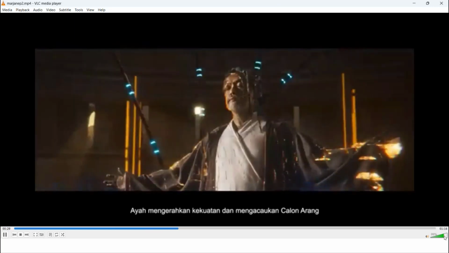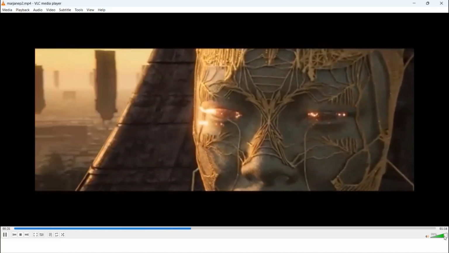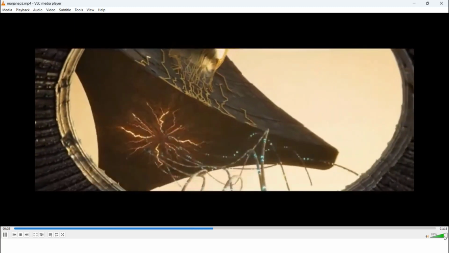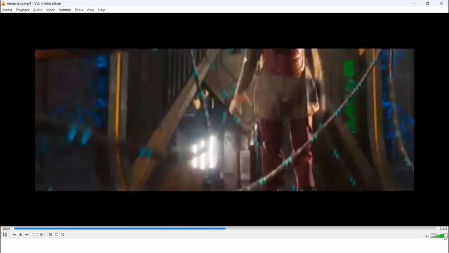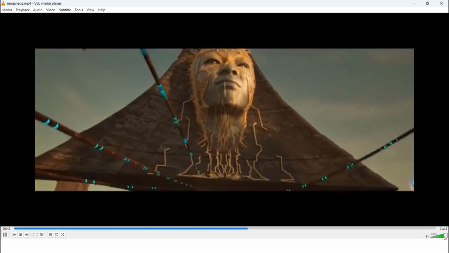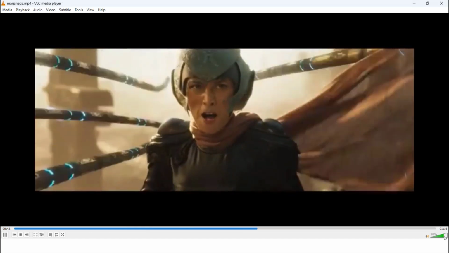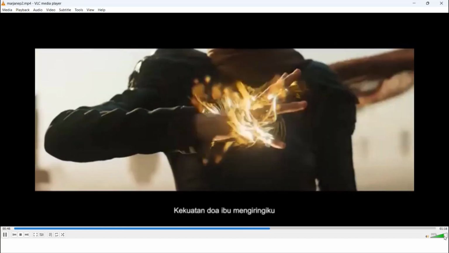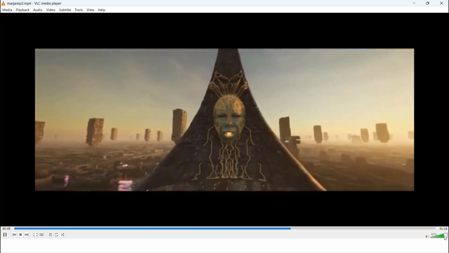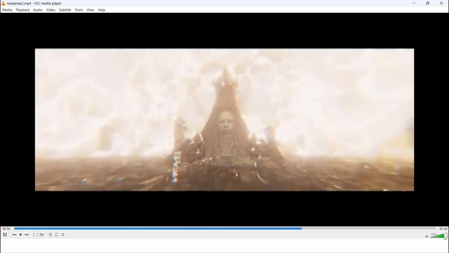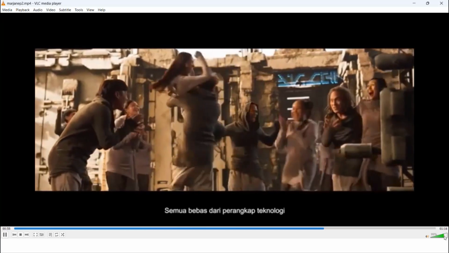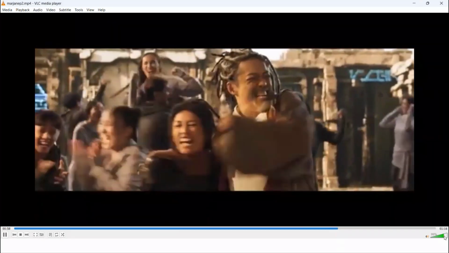Ayah mengerahkan kekuatan dan mengacaukan Calon Arang. Kekuatan doa ibu mengiringiku. Calon Arang musnah. Semua bebas dari perangkap teknologi.